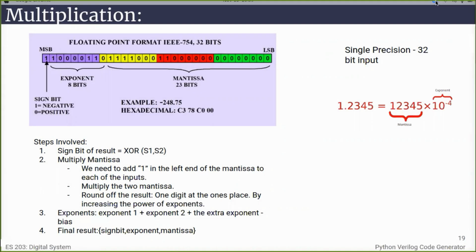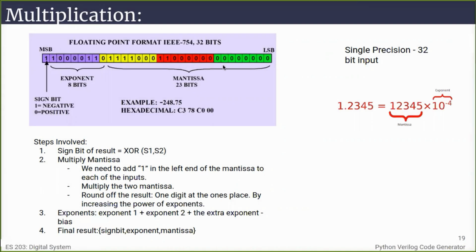Now I will walk through how multiplication is done in the floating point arithmetic unit. As you can see, we used IEEE 754 as input. In IEEE 754, the first bit, the MSB, is the sign bit. To get the resultant sign bit, we XOR the sign bits of the two inputs, and we take the mantissas of the two inputs and multiply both.